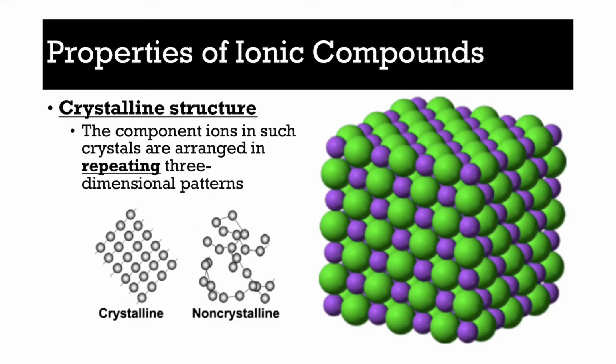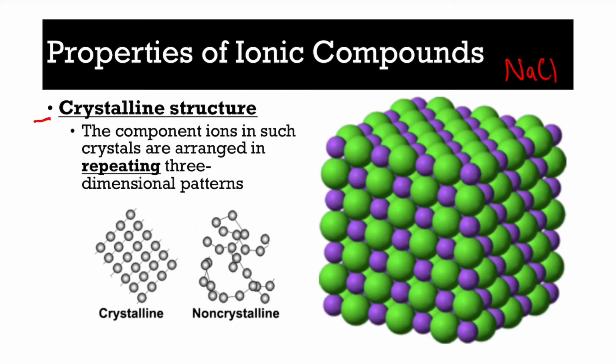So getting into some of the new stuff, one of the first things about ionic compounds is that they have a crystalline structure. What that means is that they have these repeating three-dimensional patterns. They're very, very highly organized. So here is a great example of salt. Now you have these smaller purple circles, and you have the bigger green ones. Knowing what you know about NaCl,